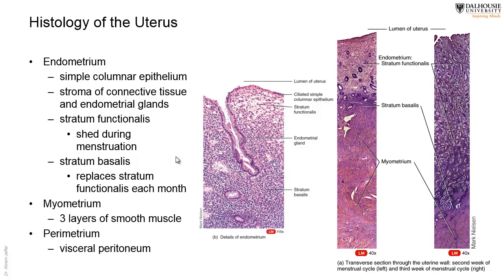So we have the stratum functionalis, which contains these glands. These glands produce mucus, and in the second part of the cycle, they will start producing glycogen. They store glycogen, which is a ready store of energy for the fertilized ovum. So that's why they need to develop. And then we have the myometrium, which is a very thick layer, with different directions of muscle fibers, 3 layers of smooth muscle, and then the perimetrium, which is connective tissue, the visceral